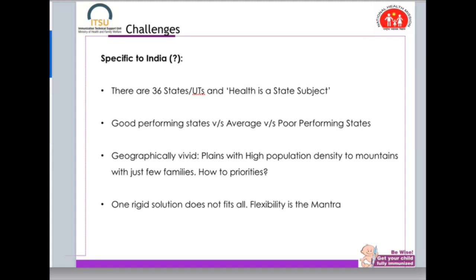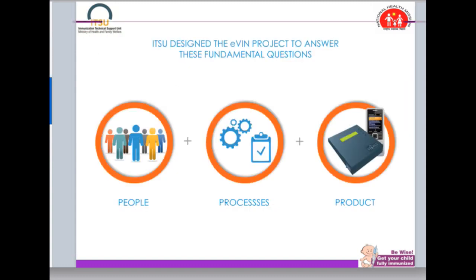You need to be flexible. Flexibility is the mantra. So what you adopt should be adaptable both in hilly terrain as well as in the deserts. So these are all situations which made us think. And thinking about that, we designed a system called the Electronic Vaccine Intelligence Network, which had 3 components, and now these 3 words are very familiar to everyone. We talk about human resources, we talk about streamlining processes, and we talk about bringing in products, which includes technology